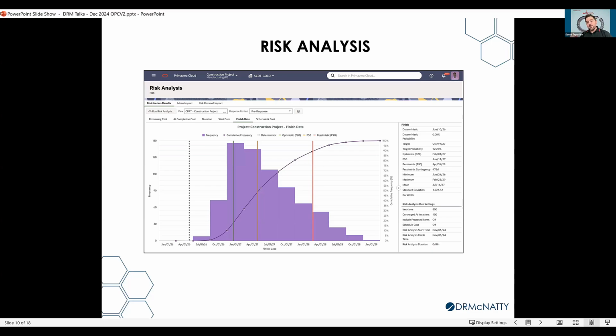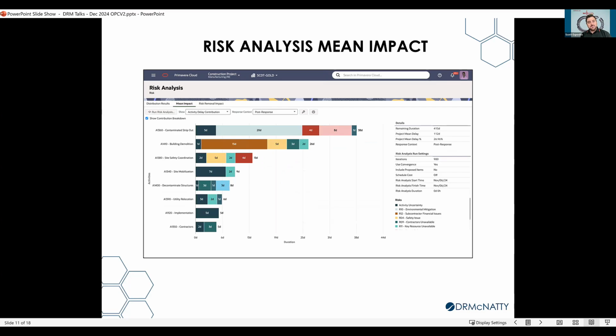Do I want to include proposed risk? Do I want to run a pre and post response as well? Because once you run your initial analysis, you have to then do your post response plans to help mitigate that risk. And then the output of that is the mean impact, right? So I think if you go to the next slide, the output of that is, what is that impact based